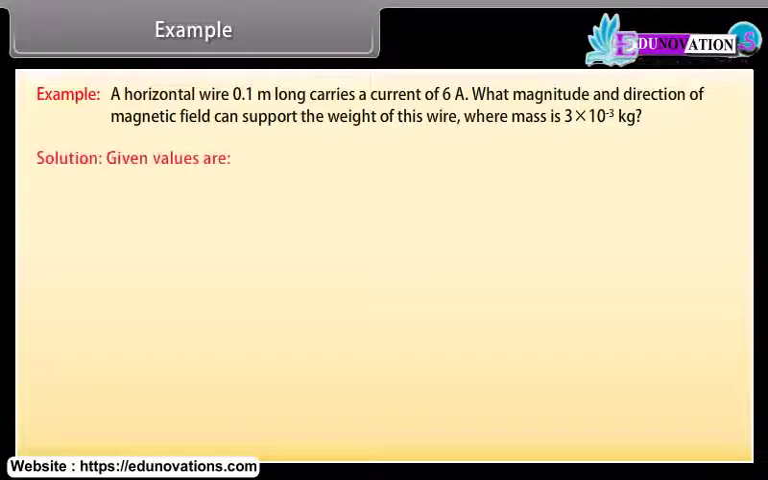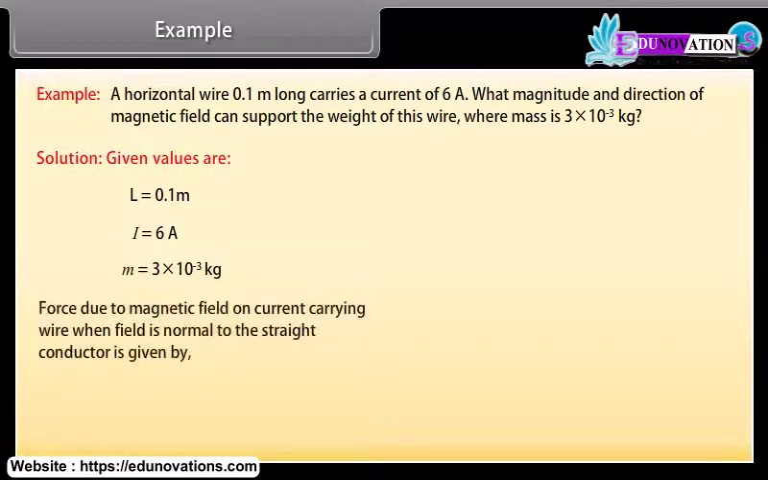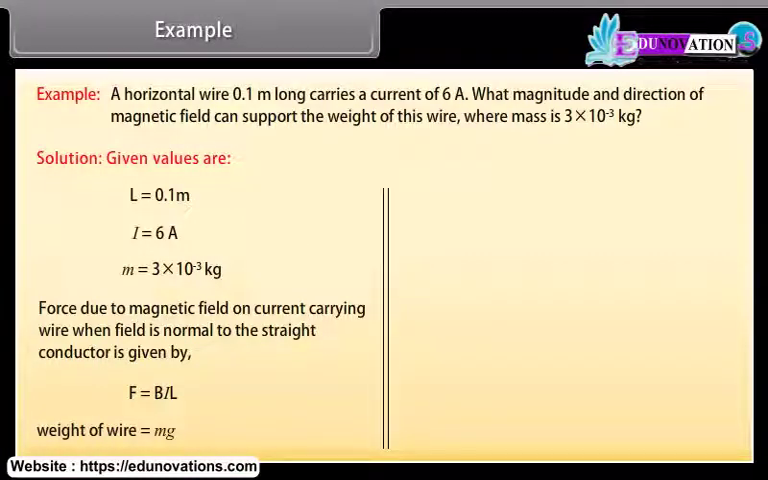Let's see the solution. Here, the given values are L = 0.1 meters, I = 6 amperes, m = 3 × 10^-3 kilogram. Force due to magnetic field on a current-carrying wire when the field is normal to the straight conductor is equal to BIL. Weight of the wire is given by mg. On comparing these two equations, we get